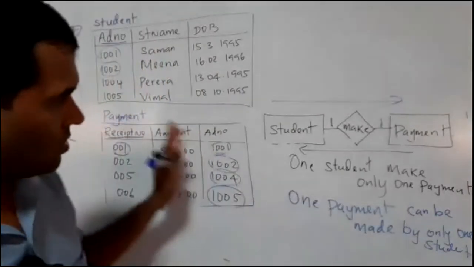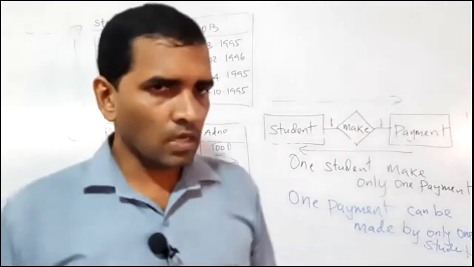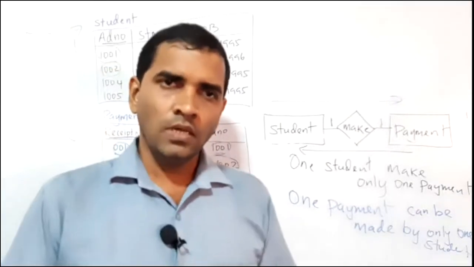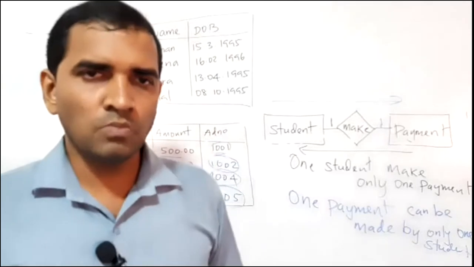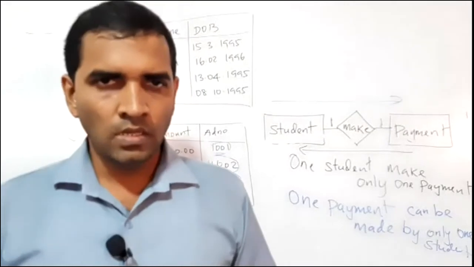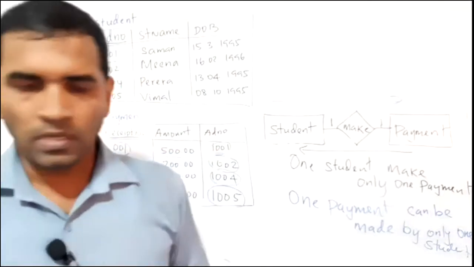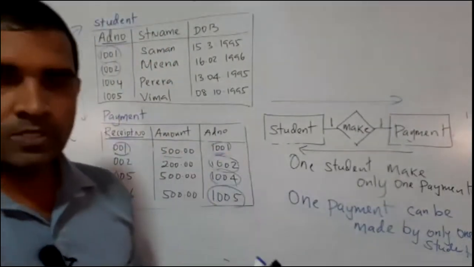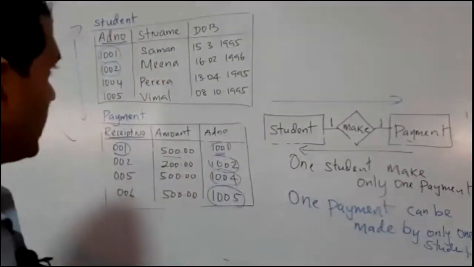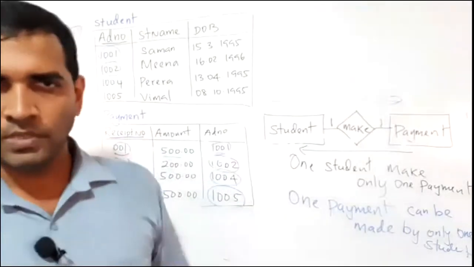Okay, so this is the one-to-one. Better I take the one-to-many and then come back and compare the one-to-one and one-to-many. After that, things become more simple. Now you may have some issues in understanding. I'm not sure, but some of you may have. But it would be better if I take one-to-many. So without further delay, I take one-to-many. Let me take the example first. After that, I will explain. For one-to-many, I'm not going to take different examples. I will stick with the same example.